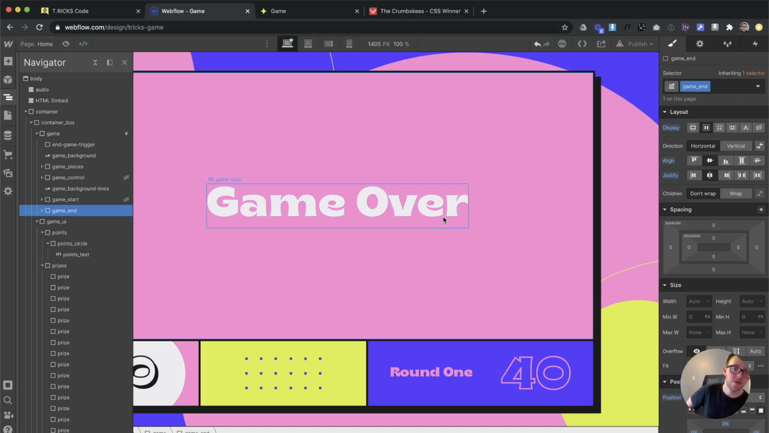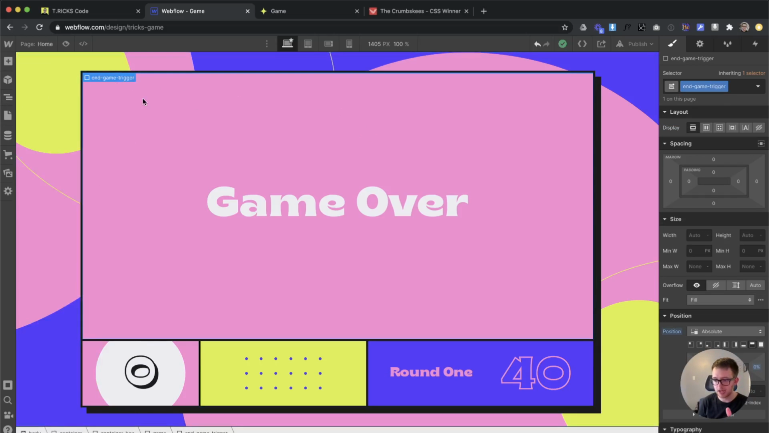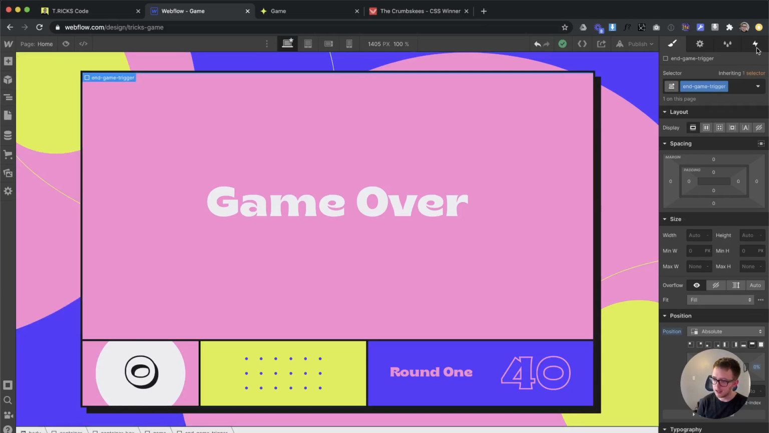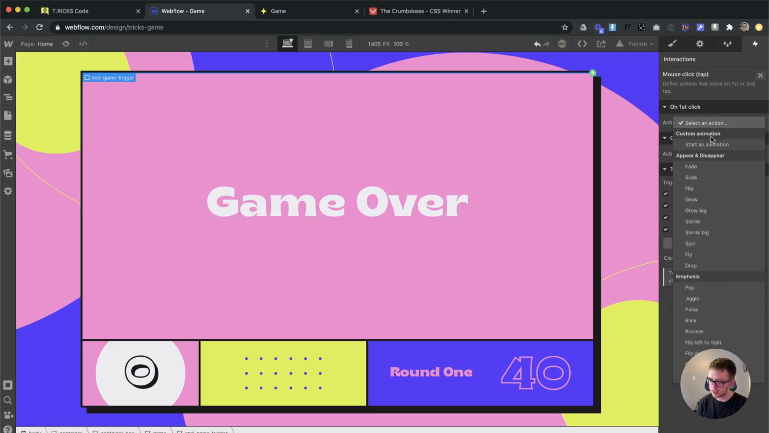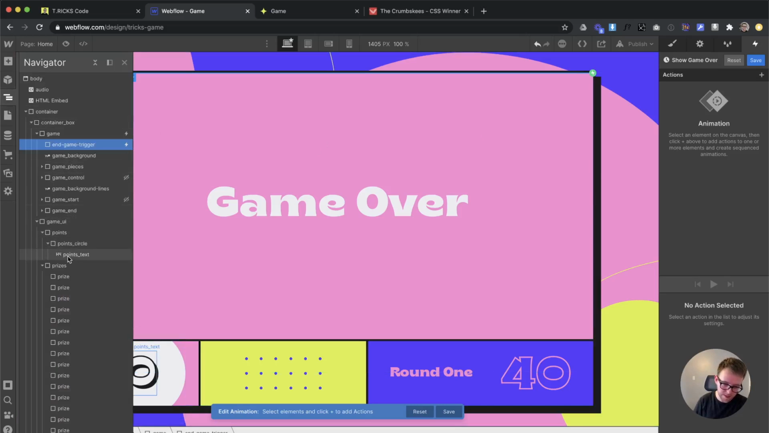What if I wanted that to maybe fade up or something? What I could do is I have this game over trigger. It's just a separate div, 0 pixel height, just fixed to the top. I could make that my trigger to show the game over div. So I'm gonna grab this game over trigger div, and I'm gonna apply a Webflow interaction on click or tap of this class. What we want to do is show game over, and from there I can grab the game over div,